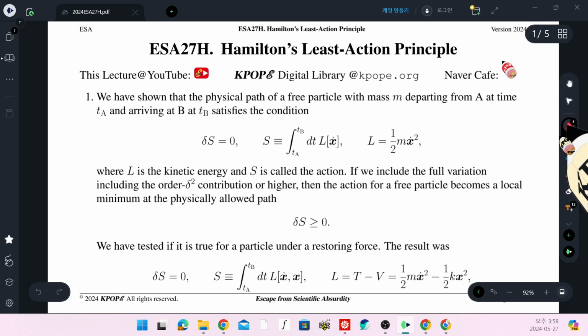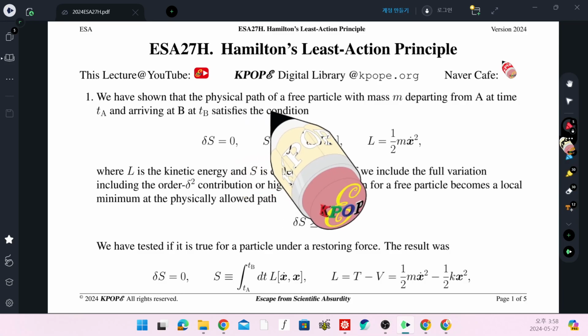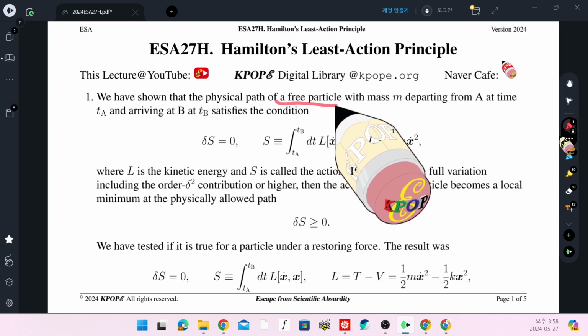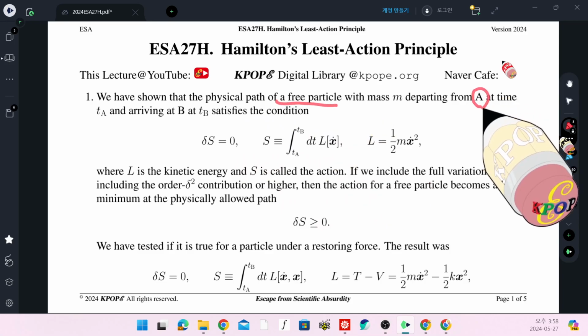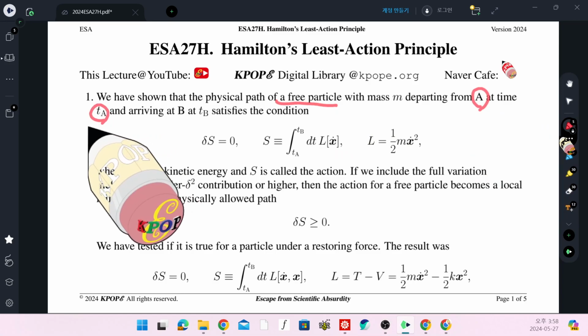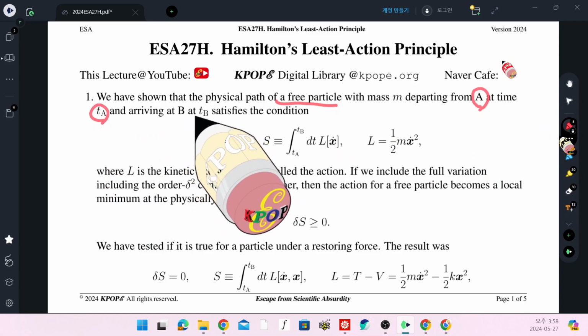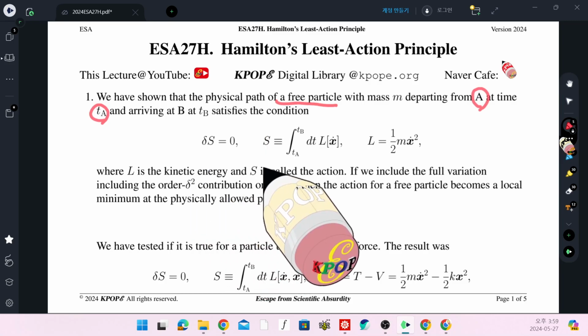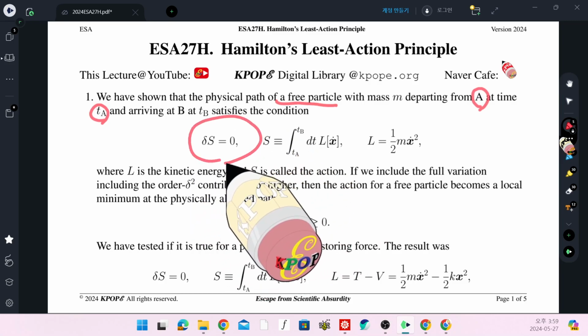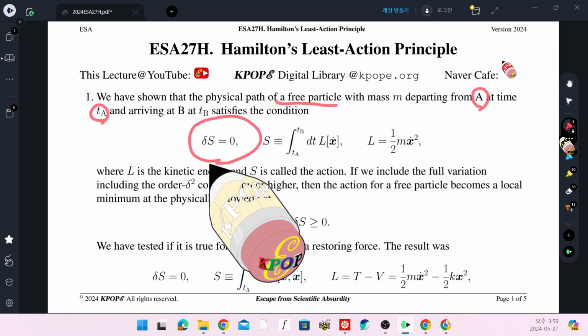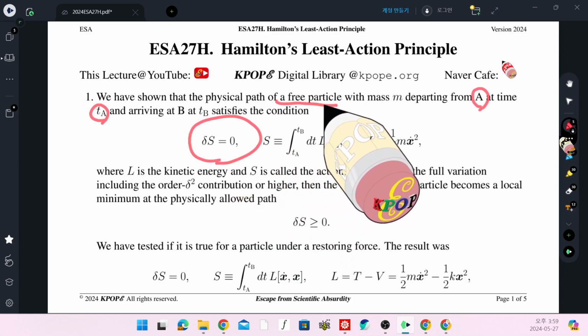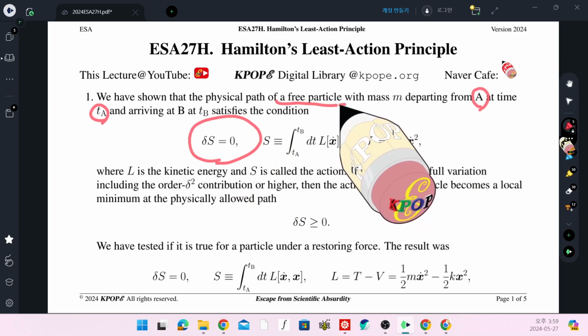Let us study ESA27H, Hamilton's least action principle. We have shown that the physical path of a free particle with mass m departing from A at time ta and arriving at B at time tb satisfies the condition that is called the least action principle. The least action principle states that the action for a free particle's motion is